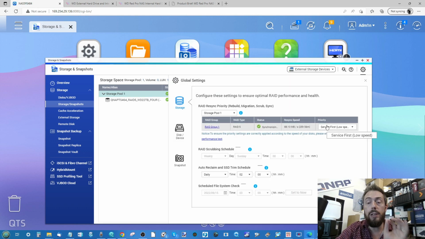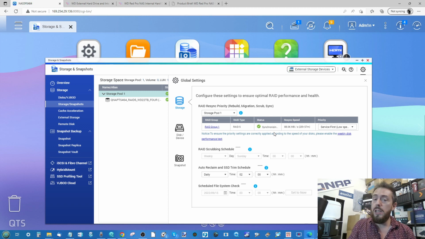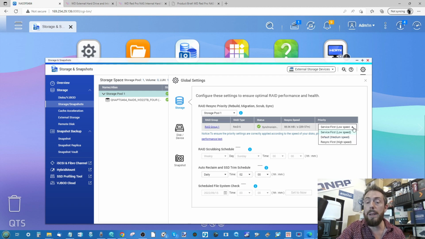A number of users no doubt will highlight to me that we could have resynchronized at a faster speed. You can go through some of the settings in order to reshape the resynchronization, but due to the size of 22 TB drives, this was still going to take the better part of a day and a half, and I still want to include RAID 6 in this video as well later on. So what I've done is take the decision to lower the resync down to low speed for now, and I've performed these tests with the caveat that it is worth highlighting that